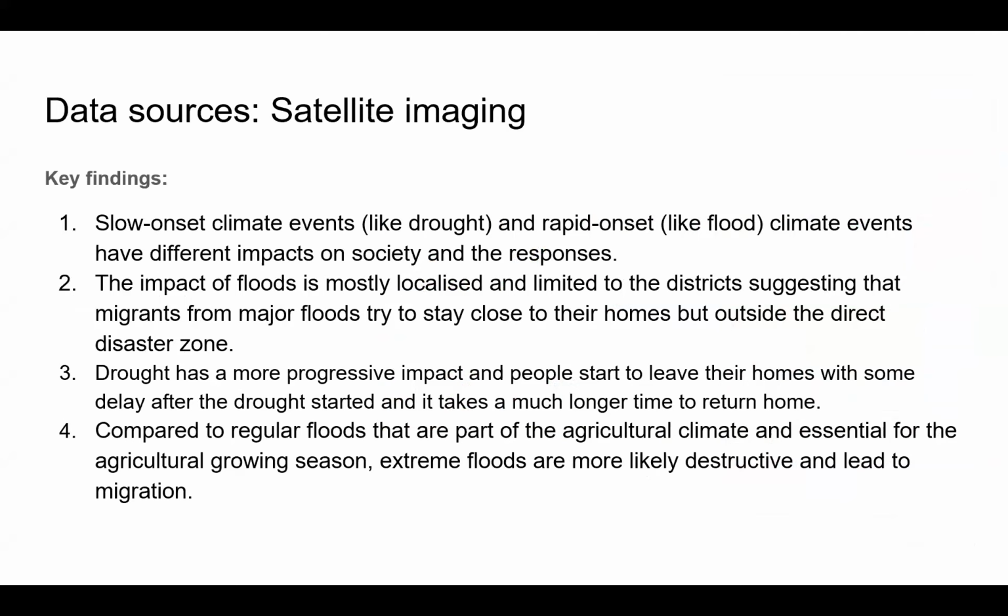Some of the key findings in this work package are that slow onset climate events like droughts and rapid onset climate events like earthquakes and floods have different impacts on society and the response on the mobility. And the impact of floods is mostly localized, limited to some districts. A lot of migrants for major floods will try to stay close to their home, but just outside the direct disaster zone. This is a pattern we also see in the earthquake, where people try to stay close to the area if they can,